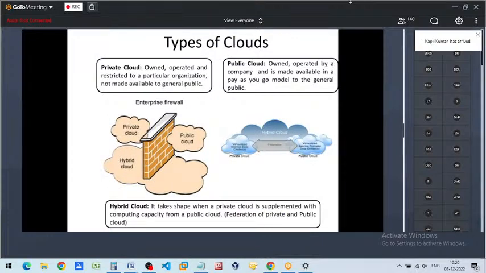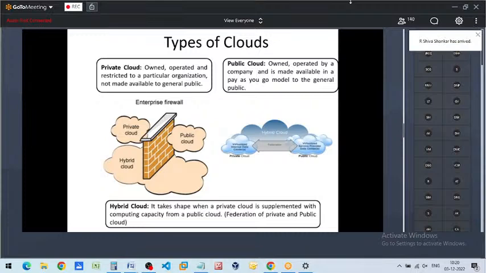This talks about the different types of clouds. If you see in the world as of now, there are three types of clouds which people try to offer. One is the public cloud, which is offered through the internet. Private cloud, where it is offered within your own premises. It's not connected to the internet. And there is a